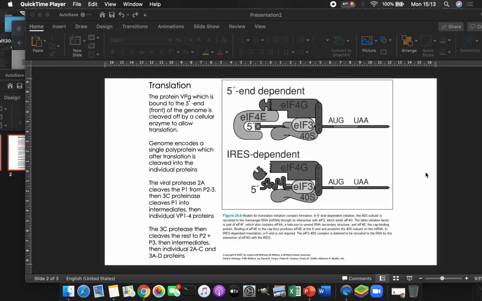We are back with the diagram. And so over at the left-hand side under translation, this is talking you through the process. And over on the right, or actually toward the middle, you can see this is a nice graphic representation of the process. So normally, translation is dependent on having that cap at the 5' end because factor 4E binds it,